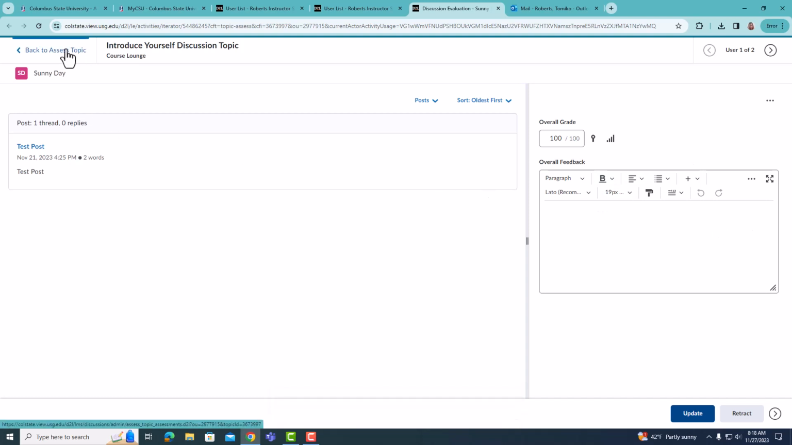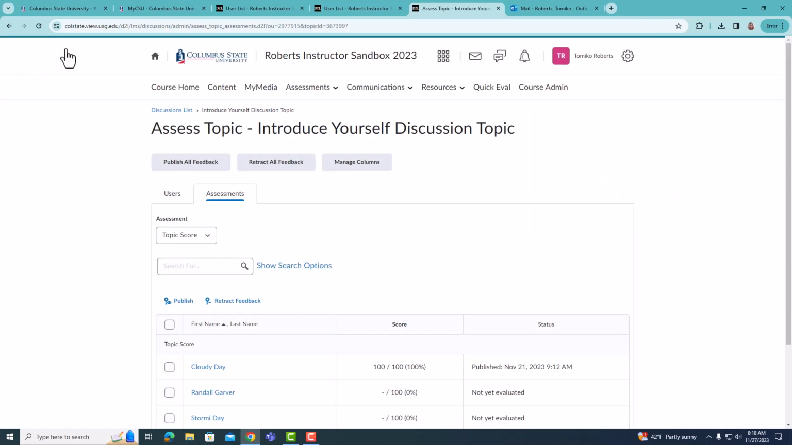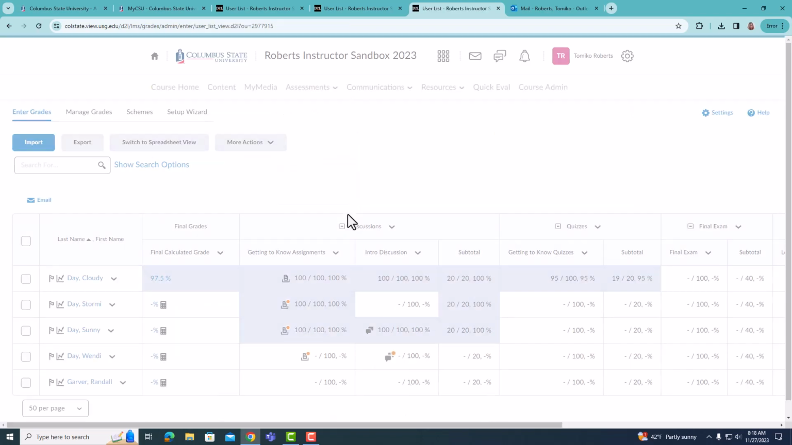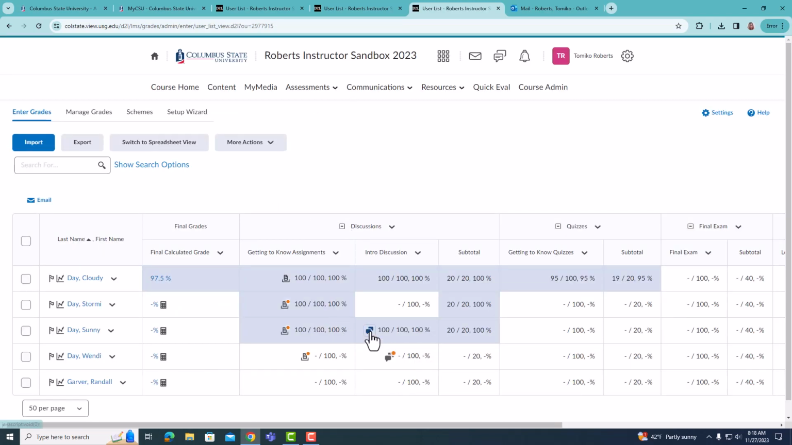I'm going to go back to Assess Topic, and then I'm going to return to the Enter Grades page by going down to Assessments and Grades. Okay, now you can see that the orange dot has disappeared because you have graded the assignment. With Import,